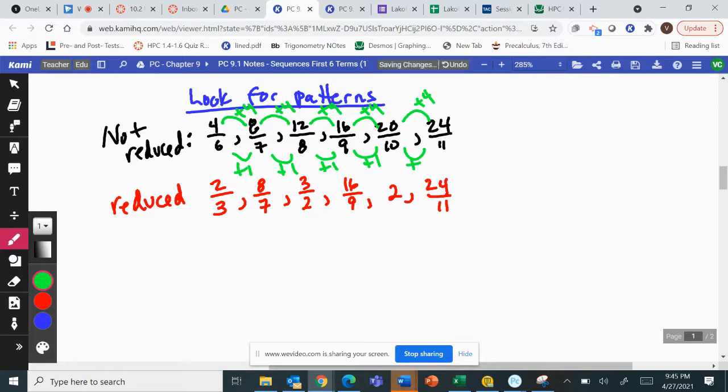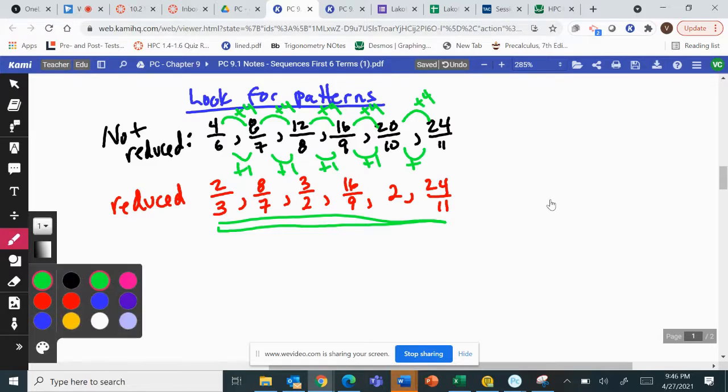So the not reduced form is just like so much easier to find the patterns, but you're going to be given the reduced form. So we really need to start thinking about how can I make the pattern above? How can I make this black pattern by using the red numbers? You want to look for any potential